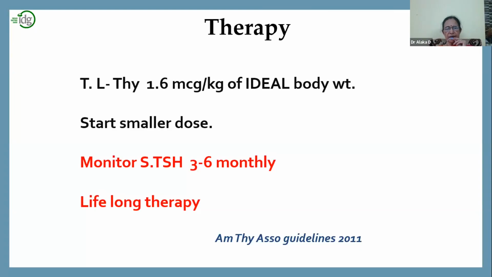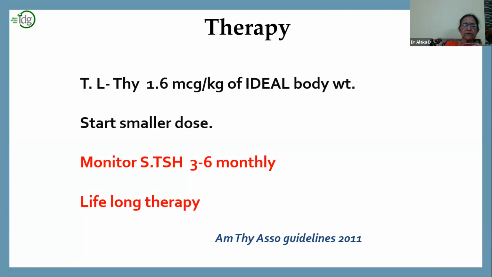Start with a smaller dose. Why with a smaller dose? Because of the hypothyroidism, the heart has become sluggish. There is a bradycardia. And suddenly, if you start that heart to work very fast, then it may cause a heart failure. It may have adverse effect. It may cause ischemia of the heart because the coronaries also will have to supply that heart if it suddenly starts functioning hyper. And therefore, we start with a smaller dose. Monitor serum TSH. You gradually increase the dose and come to the ideal dose. I start with a small dose and then after 10 days I increase the dose and then I titrate it